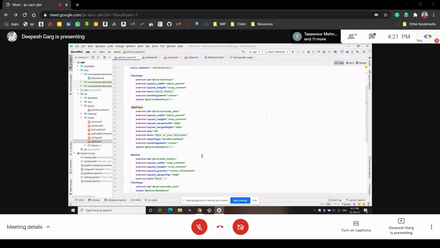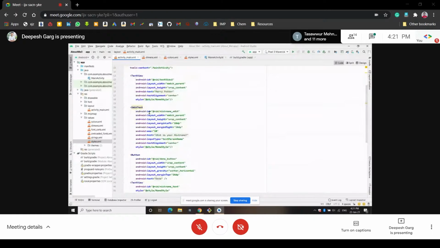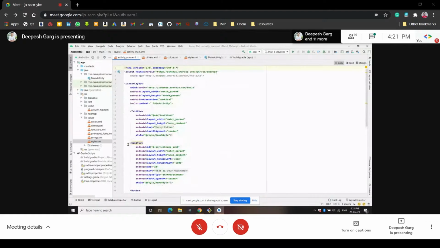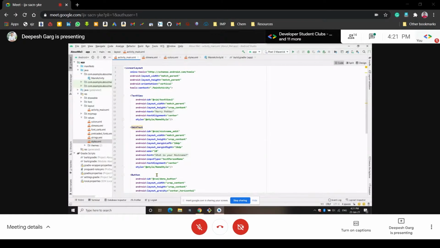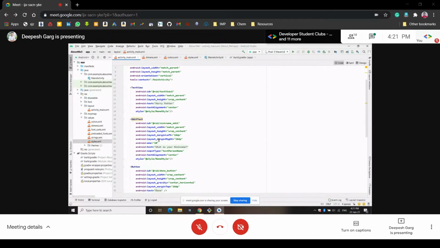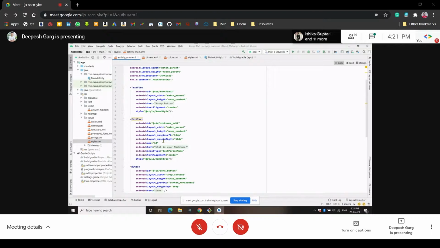So let's see in the main activity.xml file. So here in every text view or any edit text view or in any button, you can see, like in the edit text view, I have given the style equal to style name dot style name style, that's the name of our styles.xml, so that the text inside this can be styled in this manner that we have defined here. Okay.